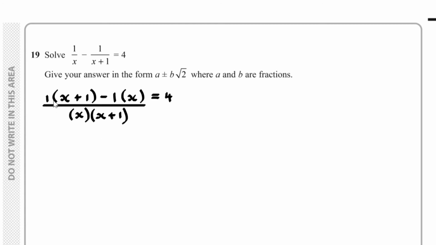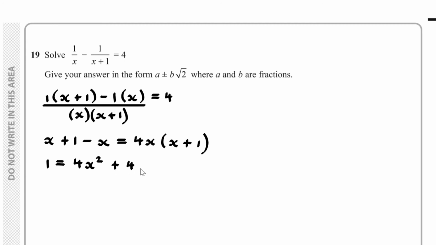And if we simplify this, on the top we've got x plus 1 subtract x, and if I multiply through by x times by x plus 1, the right hand side becomes 4x times by x plus 1. X subtract x is 0, so I've got 1 equals 4x squared